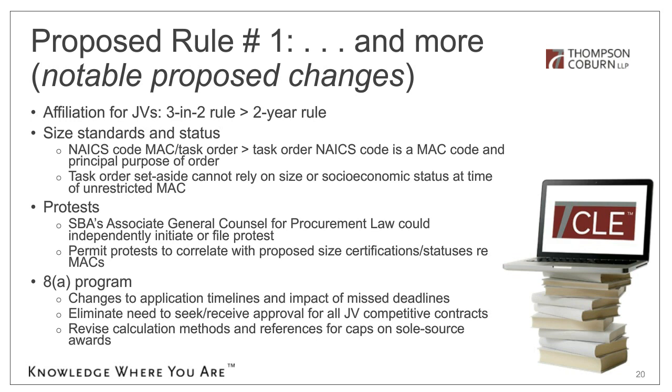Up till now, SBA has had what is known as a 3 and 2 rule, which means that a small business that is in a joint venture with a large business, or just any joint venture, the members of the joint venture generally are not going to be considered affiliated if they comply with this rule, which means if they limit the contracts that the JV receives to 3 contracts in 2 years. SBA has realized this is a pretty hard rule for folks to comply with, and it's meant a lot of administrative headaches for